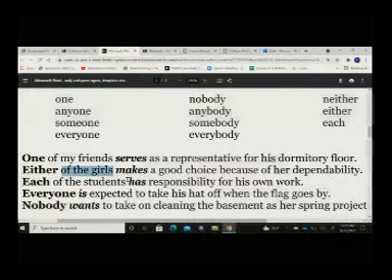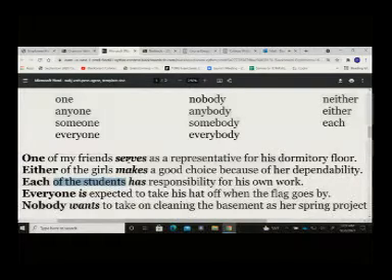Now we've got each of the students. See, once again, there it is. Each of the students has responsibility for his own work. Okay? Another example is everyone is expected to take his hat off when the flag goes by. I could change that and say